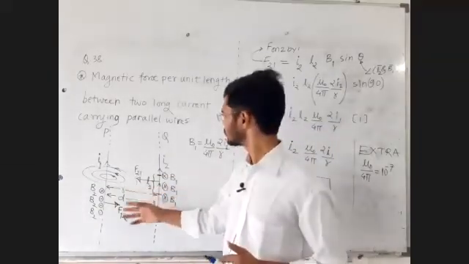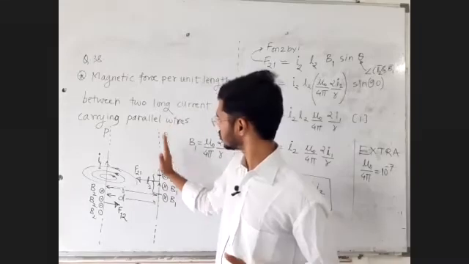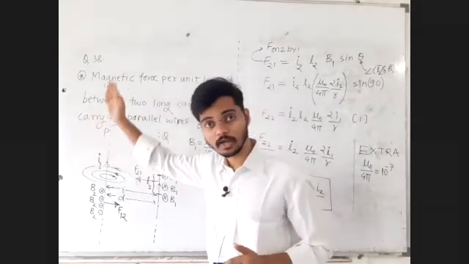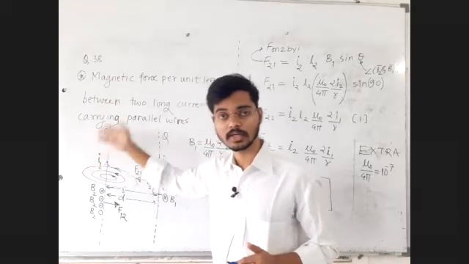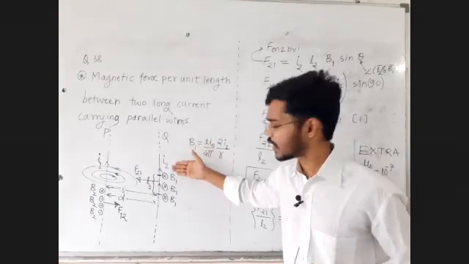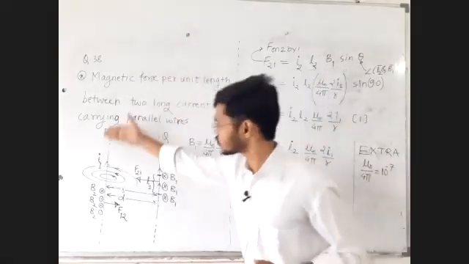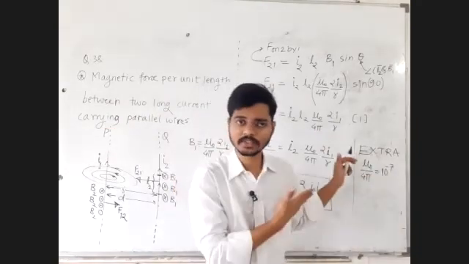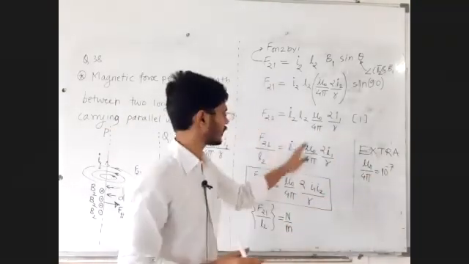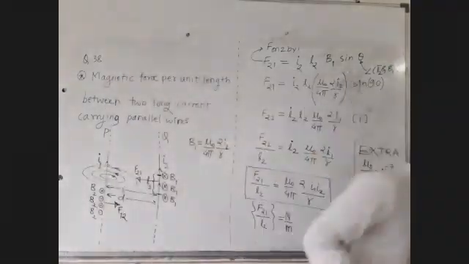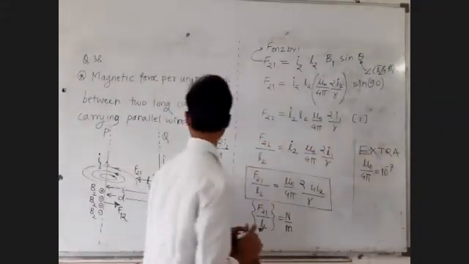Or you can simply say, now instead of second wire, this is the first wire and this is the second wire. Then you can find out the force on this wire per unit length. Now the force per unit length is found, calling this wire the second wire. You will again end up with the same formula. Up to this we have written. Now after this we will write.